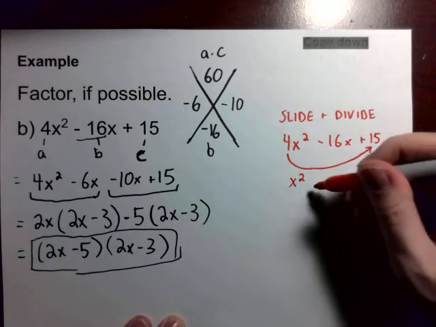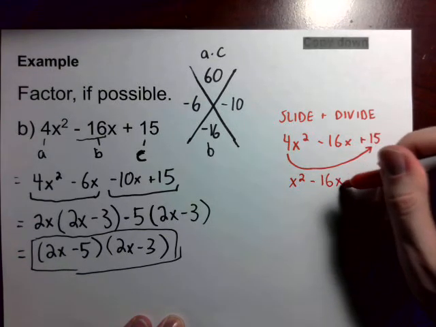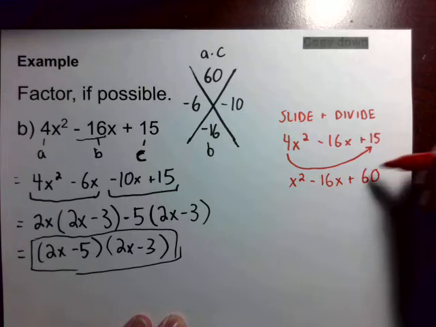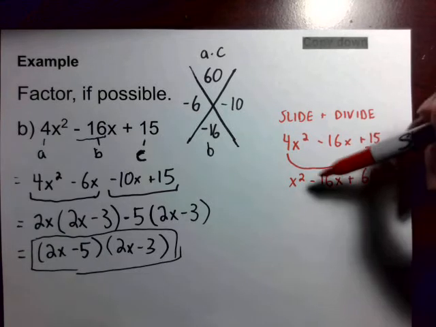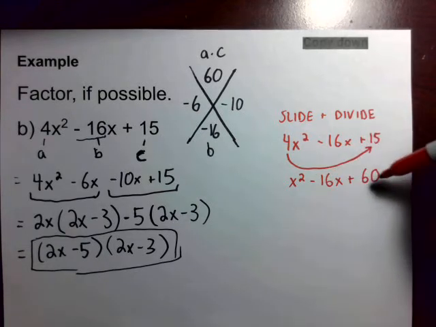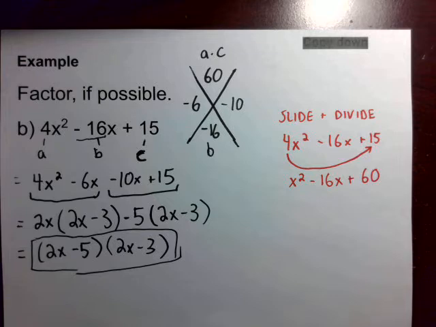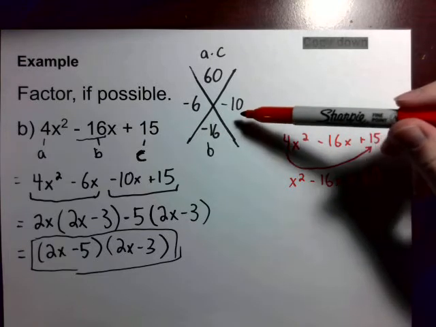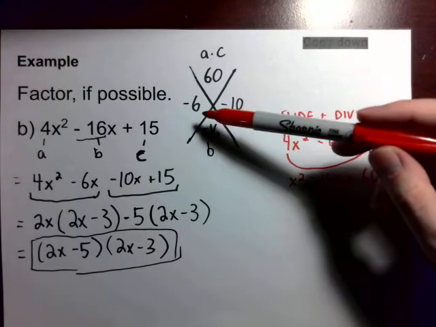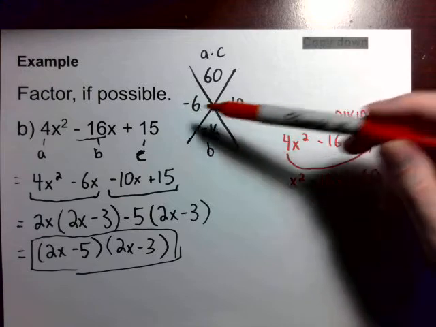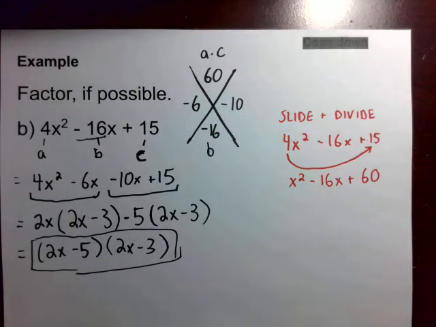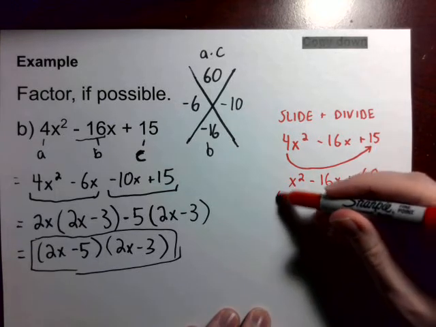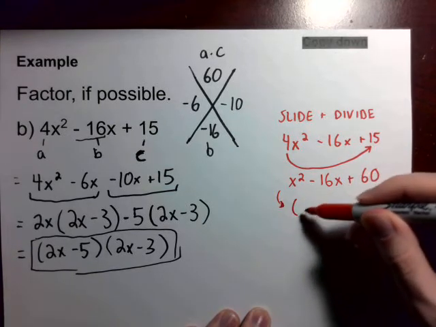So a new expression for us to work with will be x squared minus 16x plus 60. Then once we have this, it is going to be similar to factoring a simple trinomial, which should not take us very long since we've already identified the integers that will multiply to 60 and add to negative 16. So this means that this is going to become